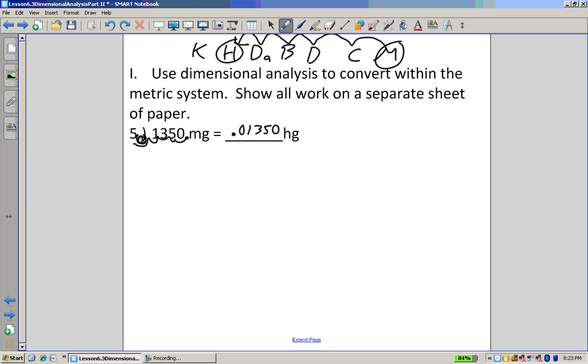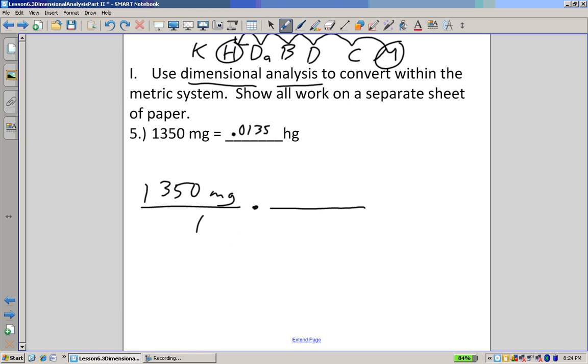Now, we definitely need this 0 because it's between the decimal point and our significant digits. But this 0 to the right, since it's behind in a decimal form, we don't necessarily need that. So we're actually going to erase that 0. It is not necessary. But we have not shown our dimensional analysis, so we're not going to get any points at this point. 1,350 milligrams, I'm going to put that over 1,